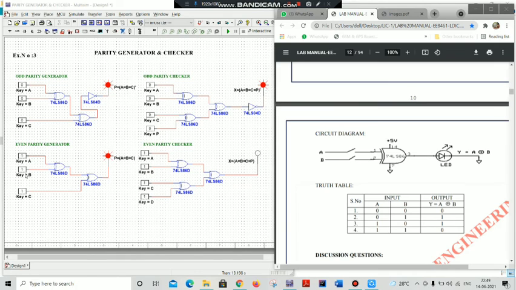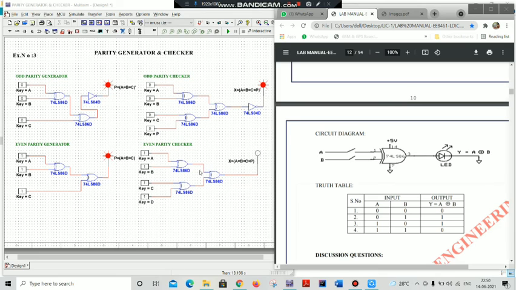Here 1 and 1 gives you 0 for XOR, and here we are having 0, and for this XOR gate we are having here 0 and here 1. So 0 and 1 gives you 1 as per this truth table. Similarly, for the even parity checker, when you give 1 and 1 to this XOR, we are having 0 at its output, and similarly when you have 1 and 1 as input for this XOR, we are having 0 at this output.